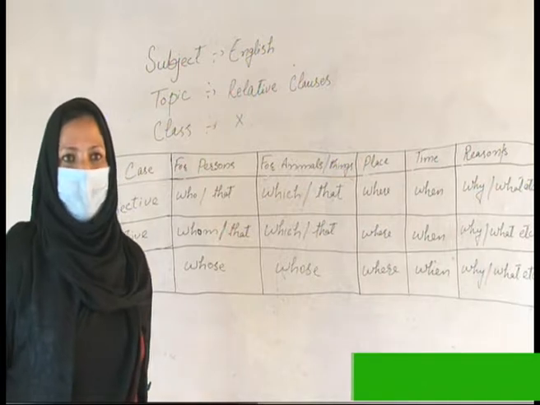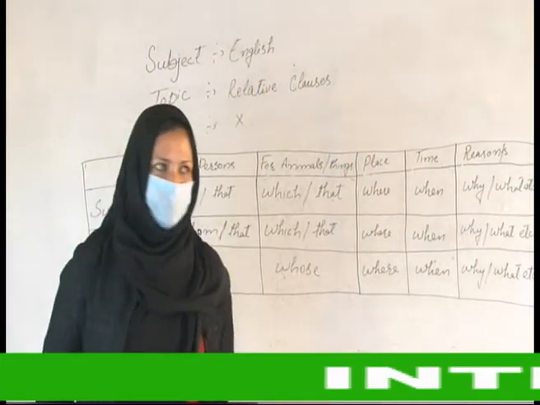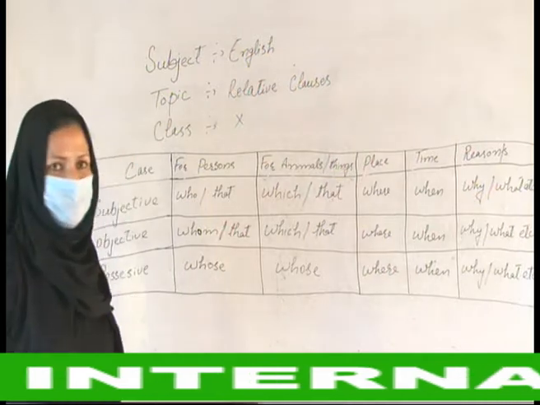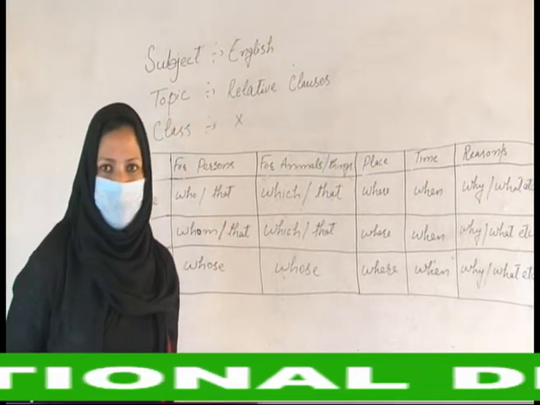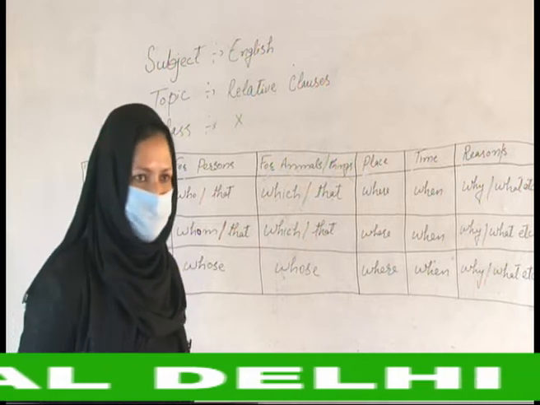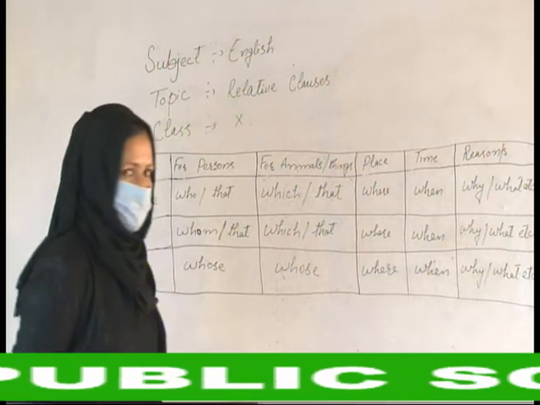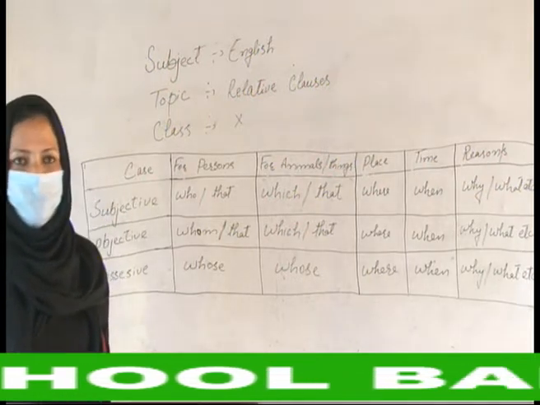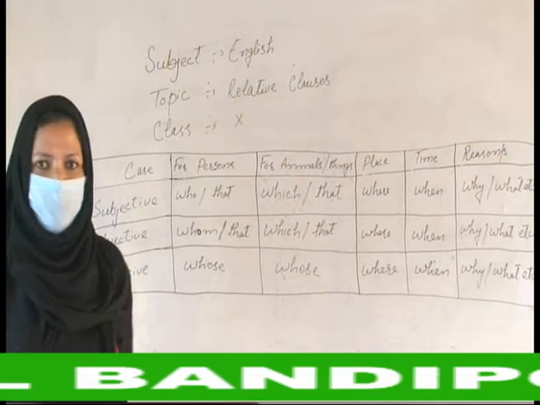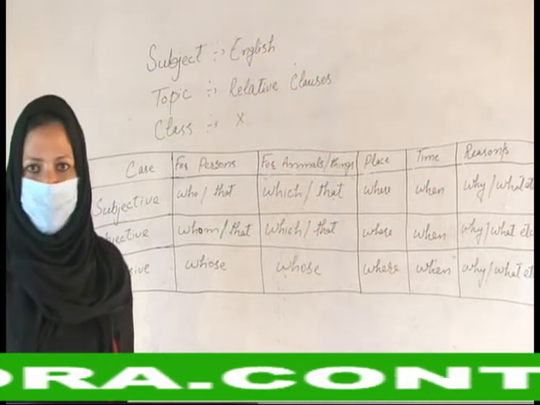Before going through our topic, relative clauses, I want to tell you what a clause is. Dear students, a clause is a smaller sentence which forms a part of a longer sentence and has a subject and predicate of its own. And a relative clause is a sentence which tells us which person or thing, or what kind of person or thing, the speaker speaks about.